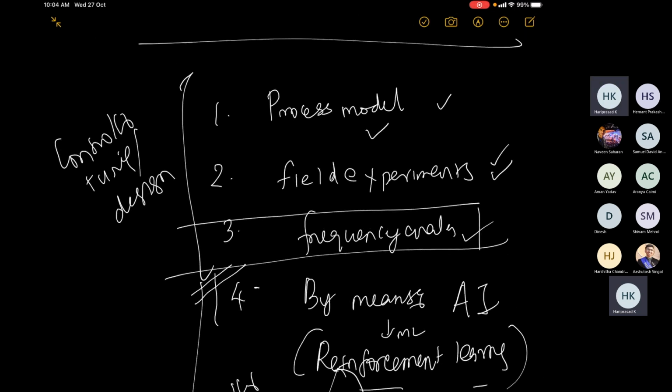Okay, so these were the four ways. The question that we are trying to address is how to impart performance and stability to the control system. Stability, of course, by poles. You can check if the poles are on the left-hand plane. If they are, you are reasonably safe. But the next aspect, as I have mentioned, is performance. So performance is very important. Why? Because